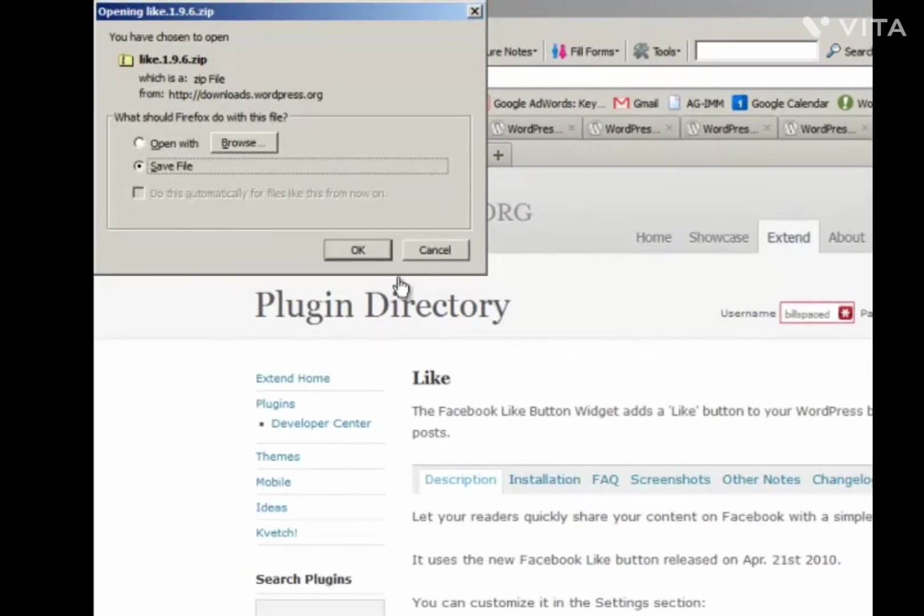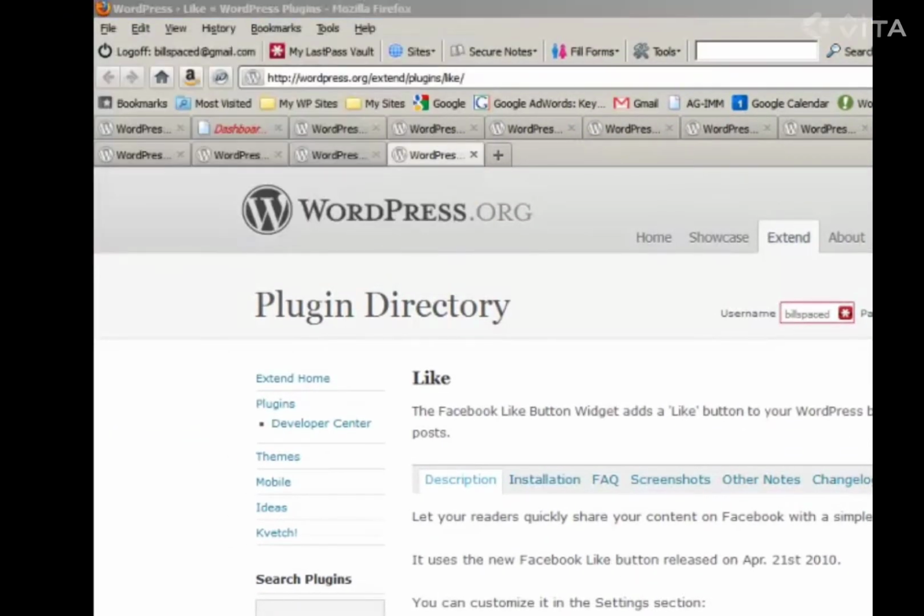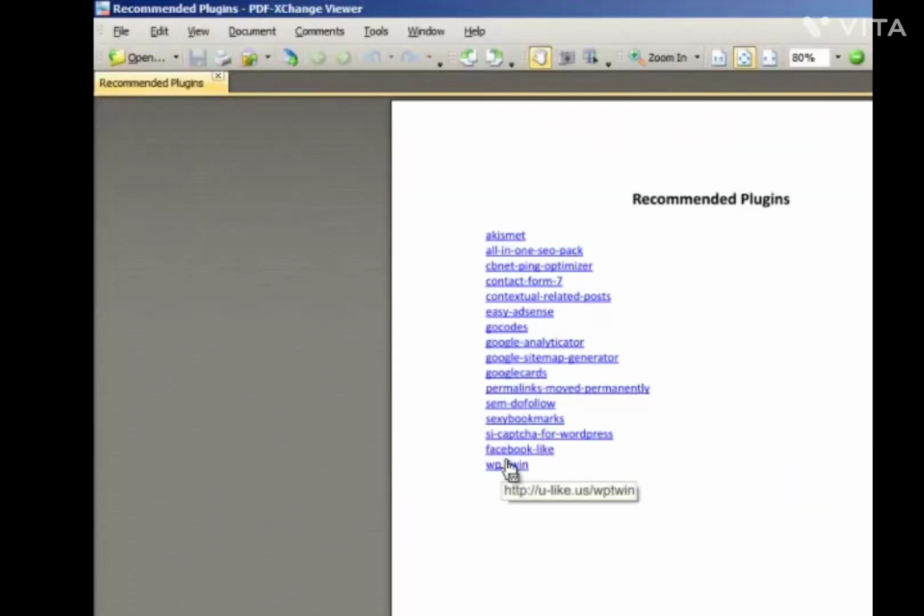Download that, click OK. And actually, we're not going to do this one right now because it's not something you can download for free. It's something you actually have to go out and buy, download, and then install. But we've talked about that in another video. So now that we're done with that,